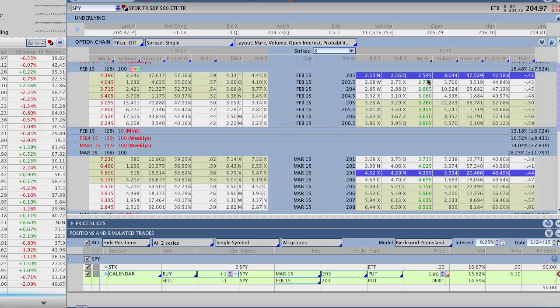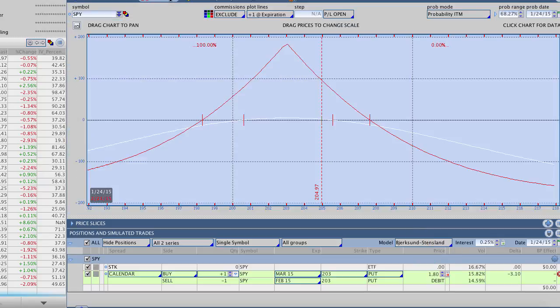So these February options are the 203. That's the front month, and the March options are the 203 in the back month. You can see that the net difference between those two is about $180. So this is what the position would look like as we start off. And again, you can see the stock is trading right here at about 205. And so we have this calendar just a little bit tilted towards the bearish side. We want it to go directionally bearish, and what's going to happen is if the stock does make a huge move in this direction or goes higher, then we want to make an adjustment to this trade.